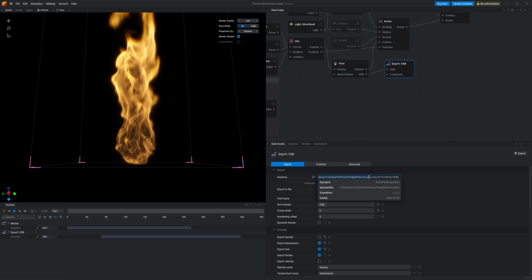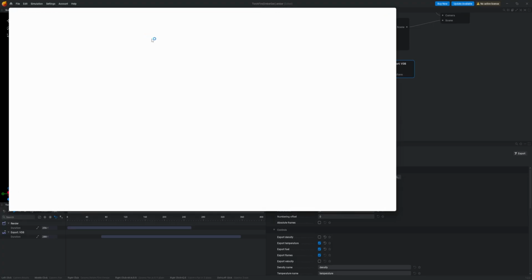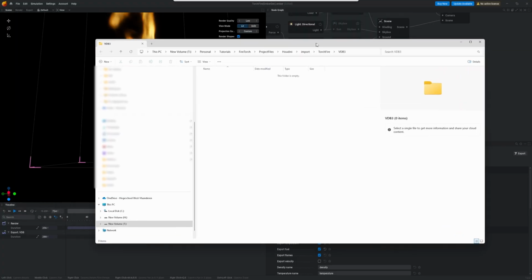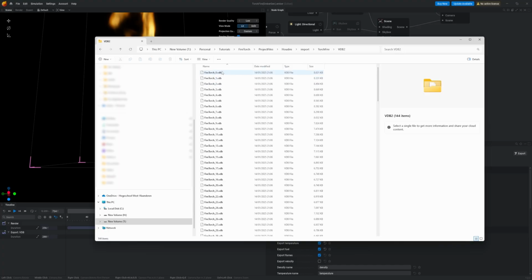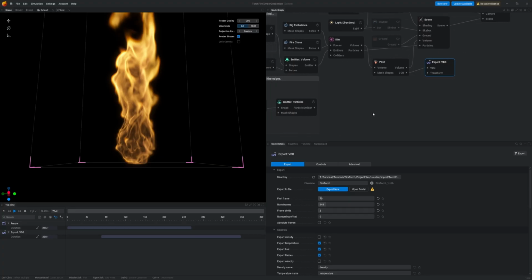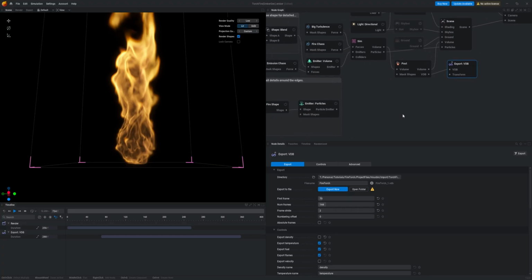Okay, and then the directory is set to our Houdini project, and it directly goes into our import folder, and then we say VDB3. Alright, let's go to the file explorer. And indeed, this folder is empty, but if I go up one level, you'll see a few more folders for different types of simulations, like the VDB2. Then you can make a few random adjustments and export it to a different folder